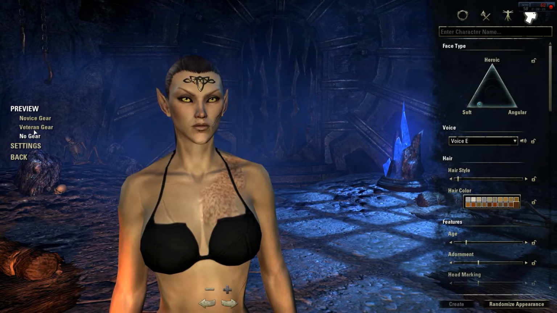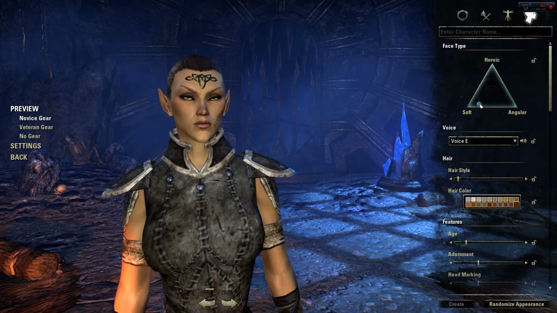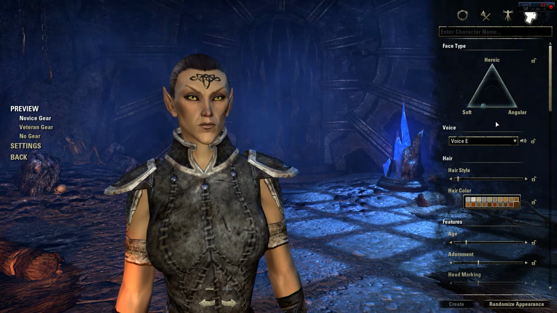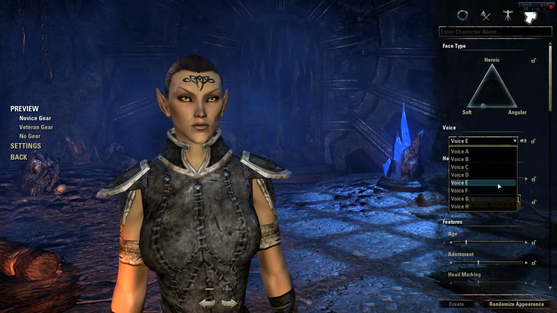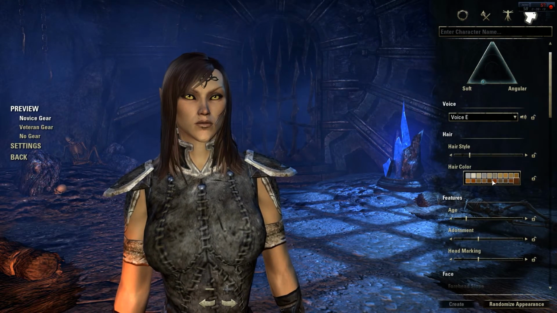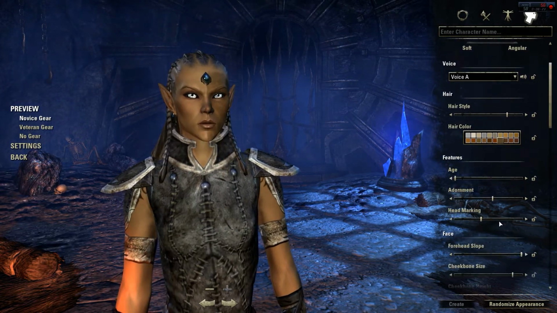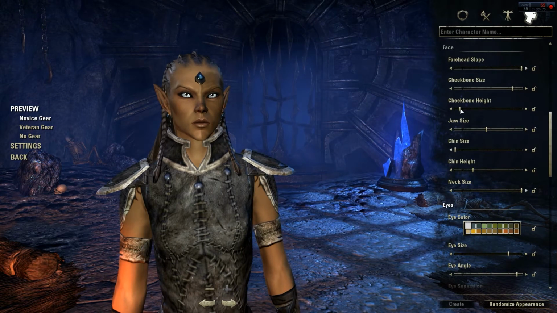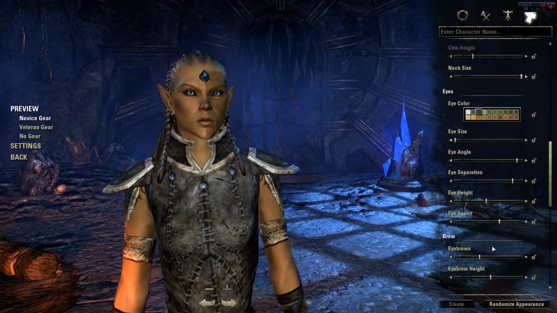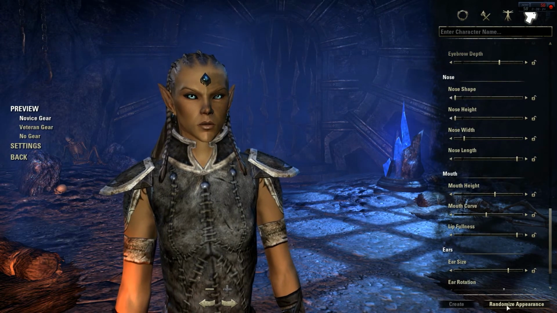Facial expression or facial features as well is the same. You can make them as heroic looking, angular, soft. There's a whole list of voices, hairstyles, colors, you name it. You can make your cheekbones higher or lower. You can make your eyes a different color. You can make them large and small. It's your usual Elder Scrolls theme customization